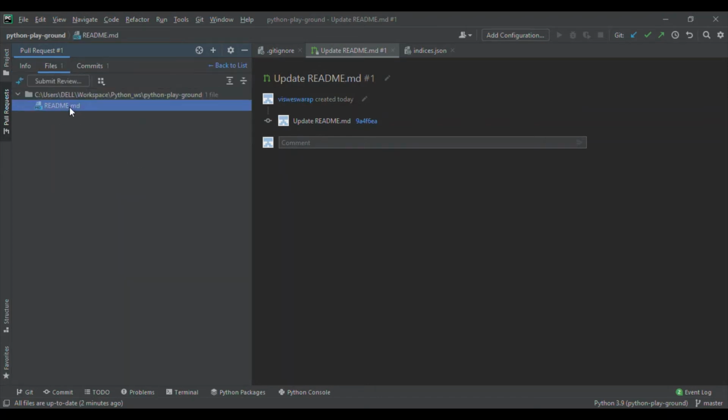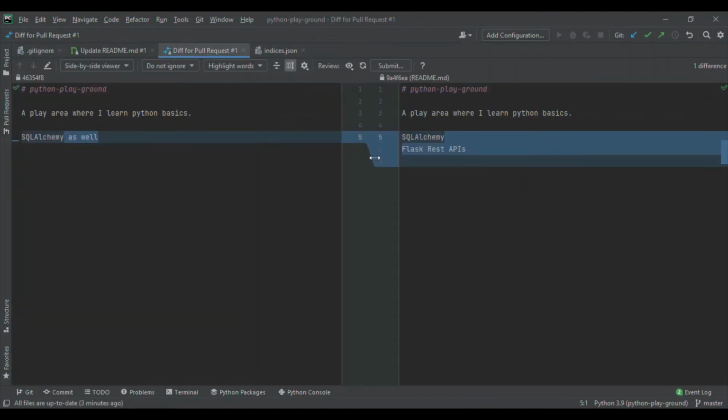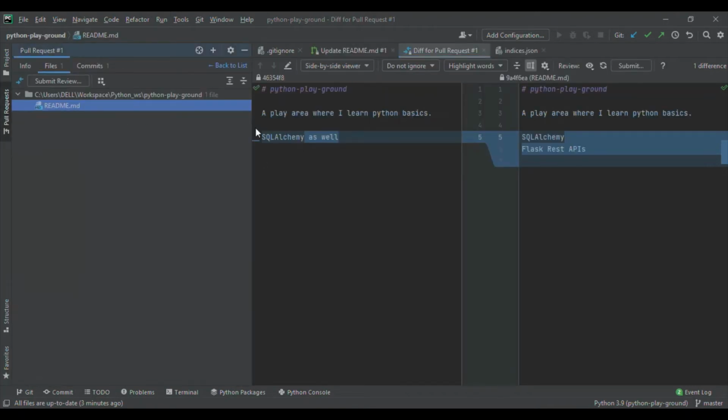We can see this file has been changed in this pull request, and if you click on this, you can see the difference. I have removed these two keywords, and I added this line. It will just show you. Whenever checking in the browser, it is not the easiest way to compare the code. We have to see it in an IDE, a developer friendly place. So this is going to really help you guys. Okay,